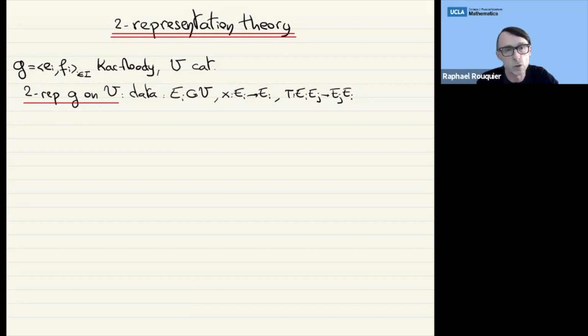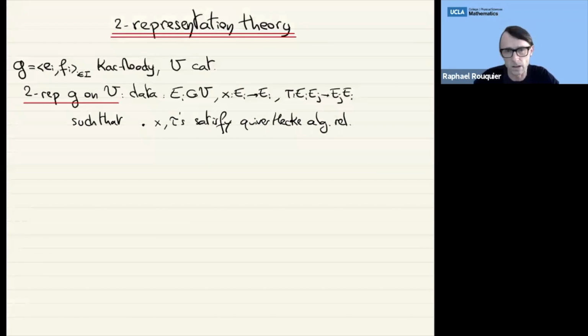Geometrically, you should think of E_i as having to do with some line bundle, as having to do with some correspondence, and X as having to do with the first Chern class of a line bundle, and the tau has to do with some geometrical phenomenon, which could be that things really commute, or maybe there's a P1 fibration somewhere. And these are supposed to satisfy certain conditions. For now, I'm going to talk about the most important part, the part that's not something you see classically, which is the fact that these X and tau satisfy some sort of affine Hecke algebra relations,